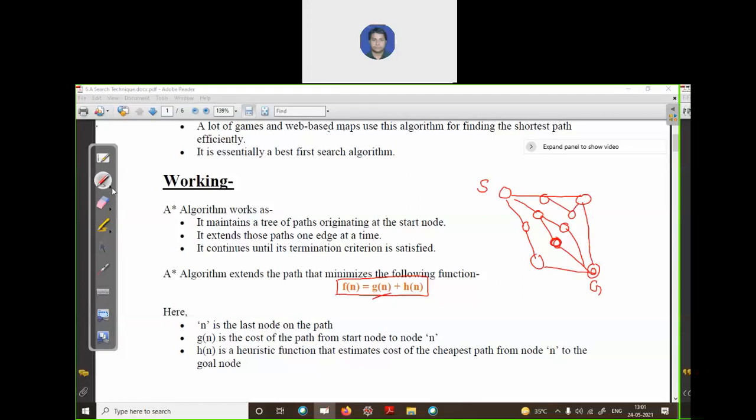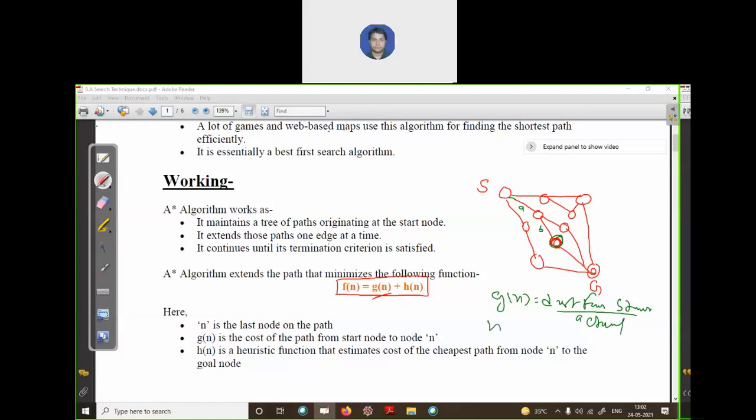Gn is the actual distance from the start node. A and B are the actual distance. So Gn you can write as the distance from the initial state or start state. This is actual.